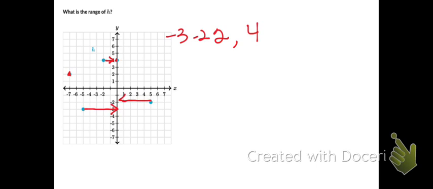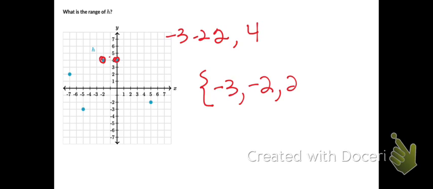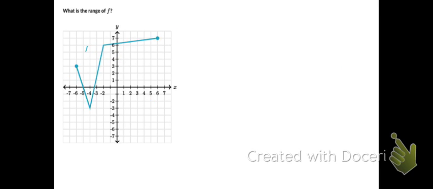So typically you put the numbers of your range in order from smallest to biggest. If more than one point has the same y-coordinate, you don't have to list it twice. Like we don't have to list 4 twice, we just list it once. So I would put the little squiggly brackets around it and say -3, -2, 2, and 4. These are the only y-coordinates in this function. And then similarly, if we're given a graph like this,